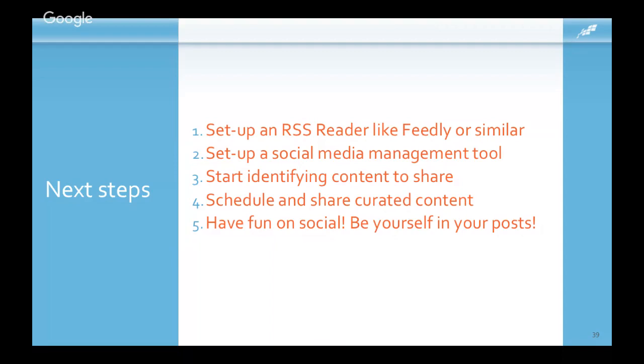Make sure that you're giving a hat tip or sharing an @ to that content, and don't repurpose the content in its entirety. Do an Oreo post, give your explanation, share a little bit of their content, and then give your reasoning behind why you shared that or your takeaway from that content to share and curate content effectively. Finally, make sure that you're having fun on social and that you're being yourself in your posts. You do that, you'll be able to save time and money in your digital marketing strategies, and that's really what it's all about.